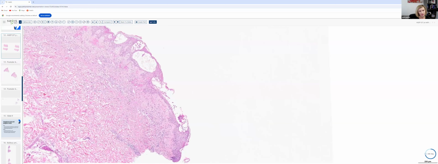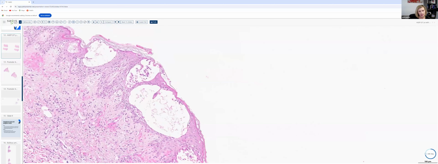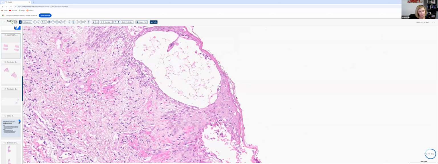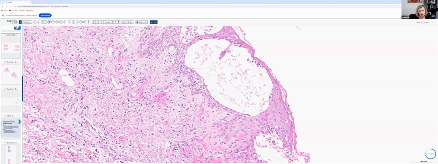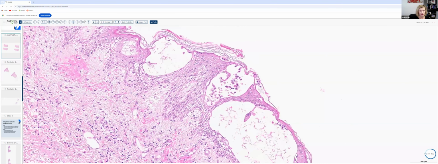And as we zoom higher, we see numerous neutrophils, as well as some scattered eosinophils within the dermis, and a few eosinophils within the spongiotic vesicles as well. So this combination of pustular and spongiotic dermatitis with neutrophils and eosinophils is certainly suggestive of AGEP, and we